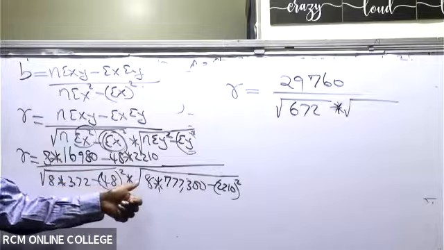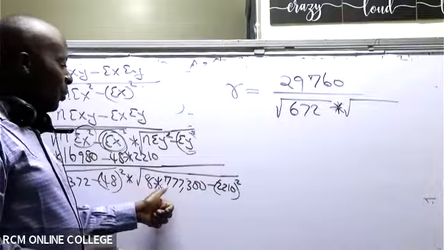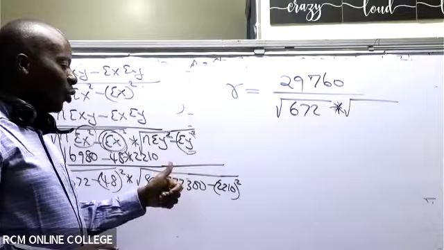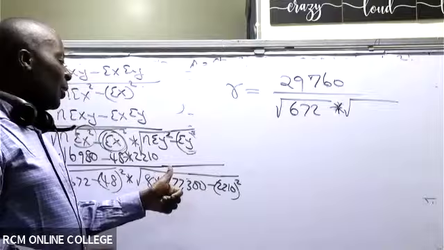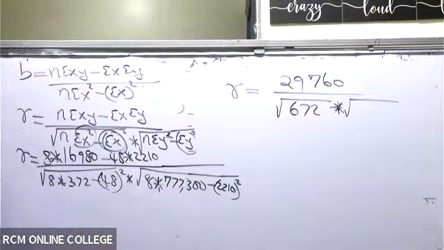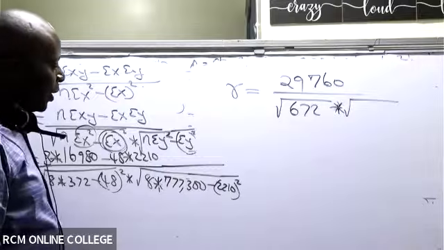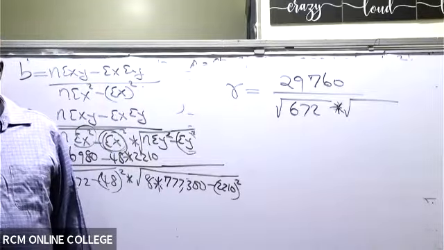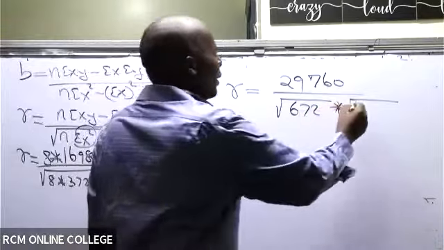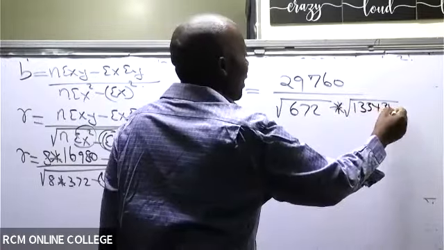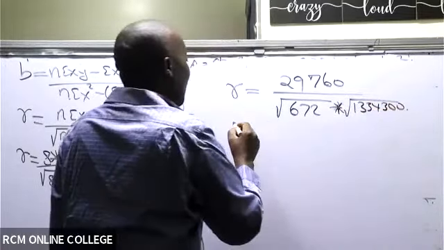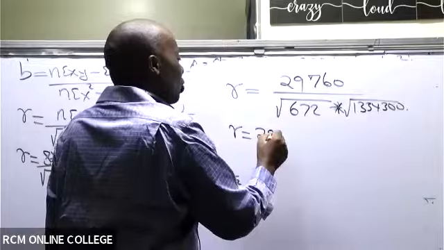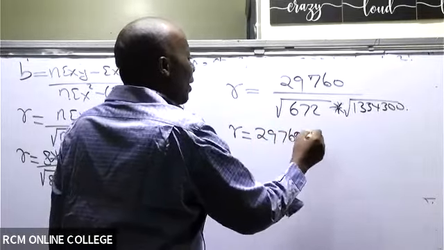So then come here. Here now we have 8 times 777,300 minus 2210 squared. Some good ninja, give me this answer. 1,334,300. So in your calculator, to get this R, you'll say 29,760 divided by,